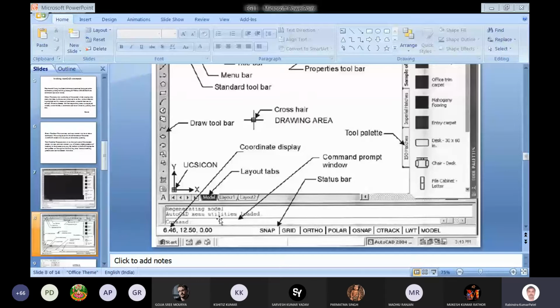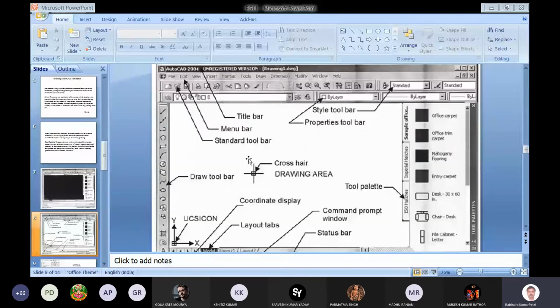And here you can see there are other things. Directly from the toolbar you can use the command icons to execute any command. And here also there are the Draw, Utility menu, and Dimension, Modify. So what is the use of Modify?